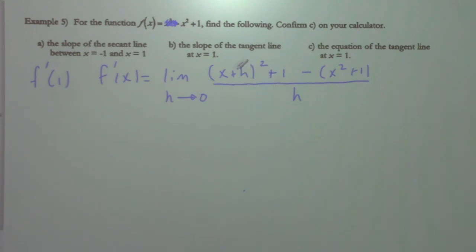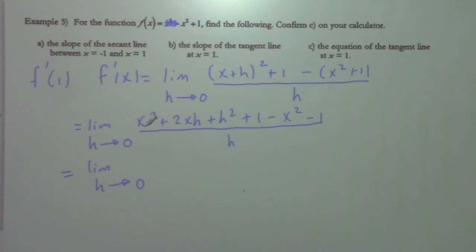The next thing we would do is expand this out and simplify. So it equals the limit as h approaches 0 of x squared plus 2xh plus h squared plus 1, and so we have minus x squared minus 1. Is that right? Yeah. Over h, and that's going to be equal to the limit as h approaches 0